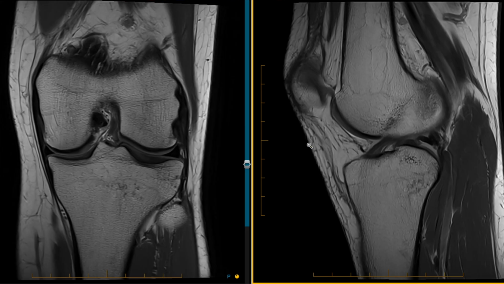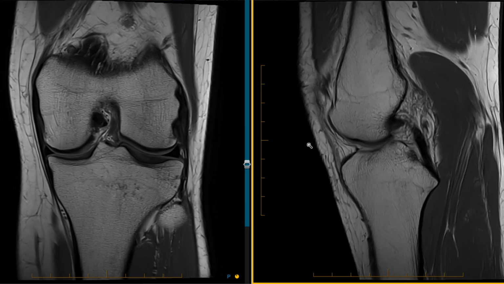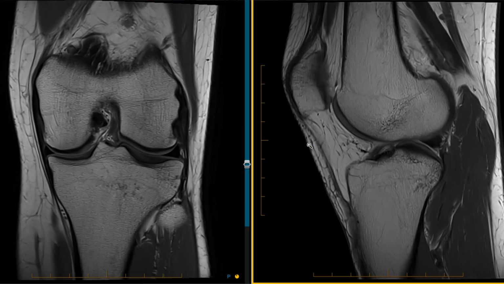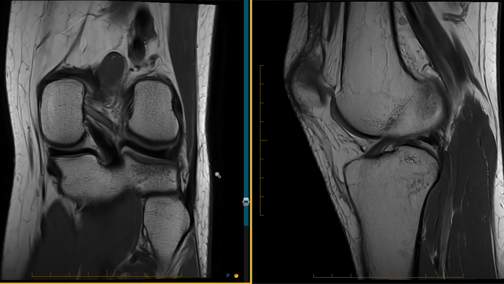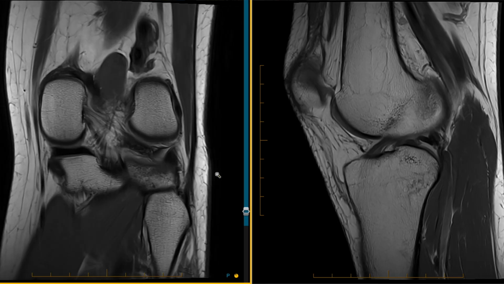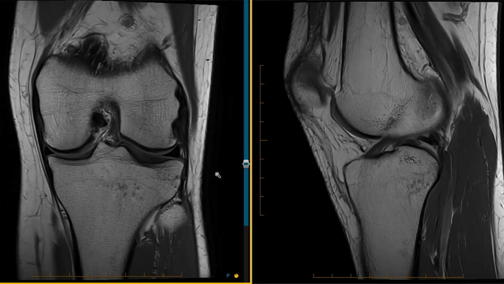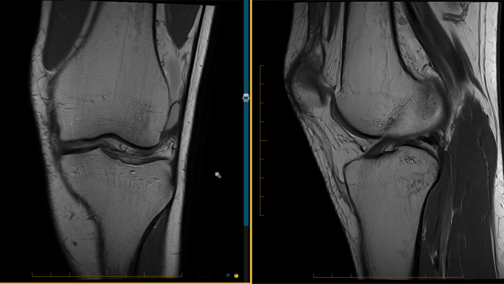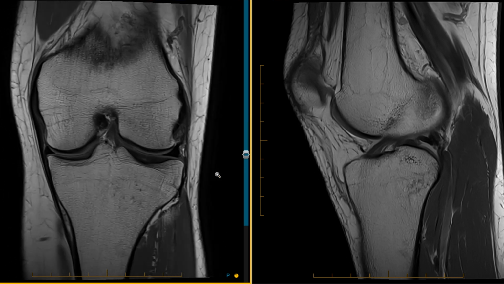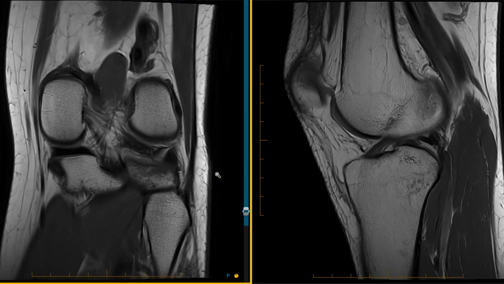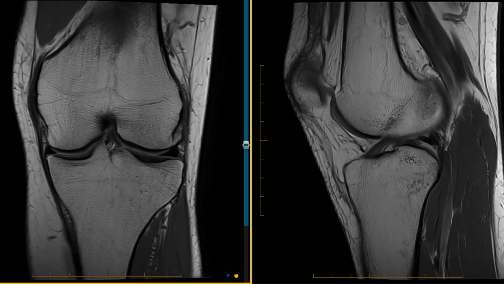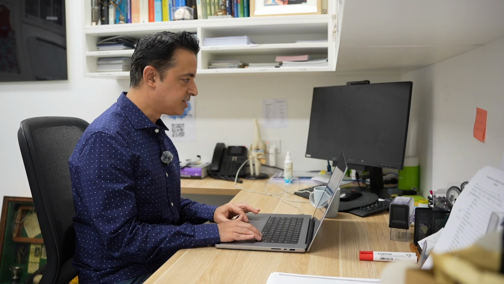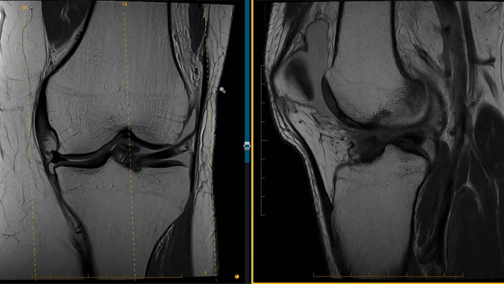And as we scroll on these sagittal images, there is no displaced tissue external to the intercondylar notch seen on the sagittal sequences, but also on the coronal sequences from the femoral footprint of the ACL coming all the way forwards to the tibial footprint of the ACL. There is no ACL tissue external to the intercondylar notch, deeming this a non-displaced injury,